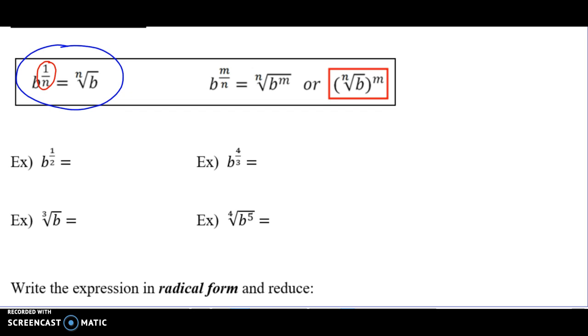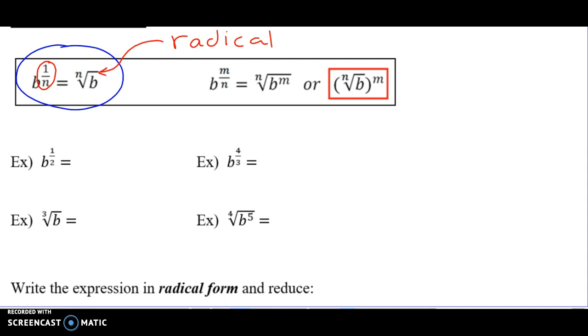Now, we also need to know what this sign means right here. What does that little check-mark-y sign look like, or what is it called? Now, sometimes it's a square root. Sometimes it's a cube root, or a fourth root, or a fifth root. What do we call the sign itself, though? Starts with an R. It's a radical. It's a radical sign. So if they ask you to express your answer as a radical, you'll have to write